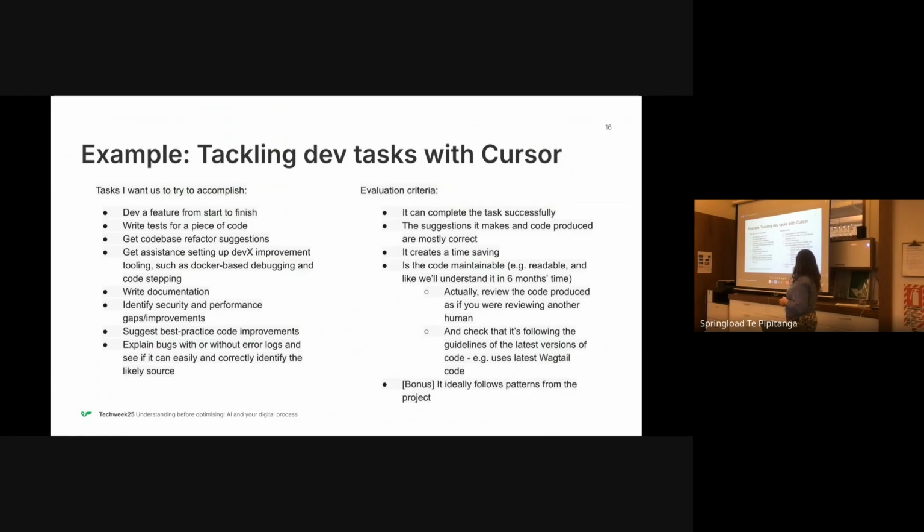In terms of evaluation criteria, we decided that the time it took us to evaluate the tool should be comparable or less to the time it would take us to adopt it. So Cursor was one of the tools that actually comes with access to a lot of the models out there. The subscription is really low. I think it only costs $25 a month for a developer, which if you think about the time savings it could give you,